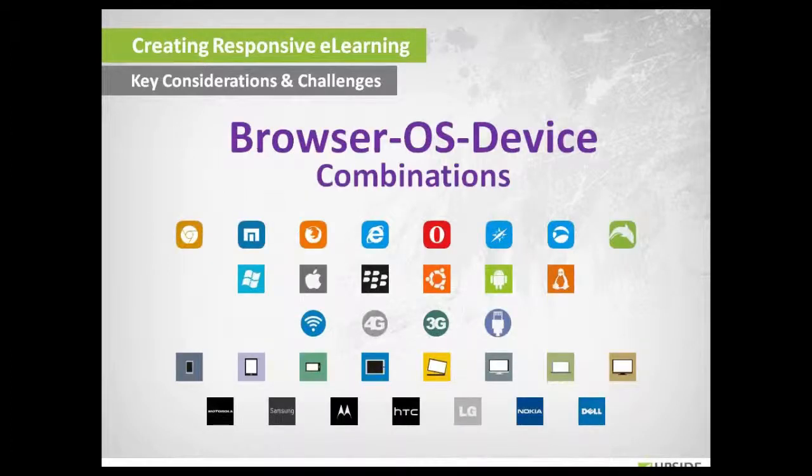The first and foremost challenge is quite simple, as you could see. There are so many devices out there, and when you're designing responsive, it has to work on all devices, all different combinations. So one way to look at it is to narrow it down to specific target devices we want our responsive design to work on, or identify a few primary device configurations on which we would want this to work.